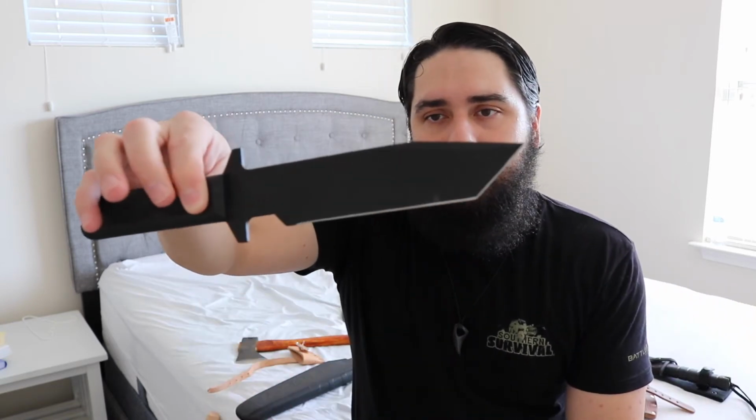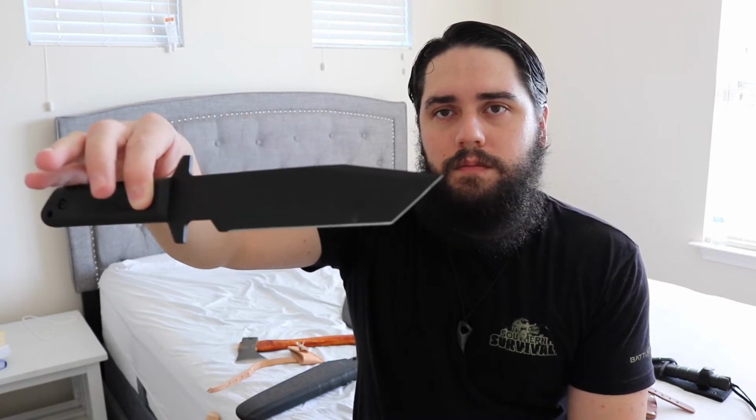So I really like that about this knife, and I've actually been carrying this knife on my last several trips to the woods because of how easy it is when I'm trying to carry camera gear and a backpack and all this gear, that I don't have to waste a lot of time. I can just put this on my belt and go. So again, high carbon steel blade,